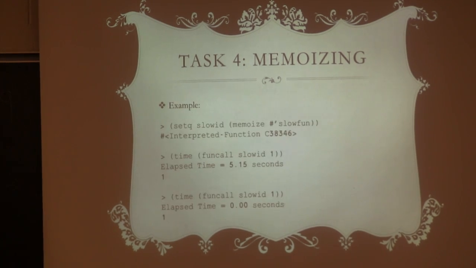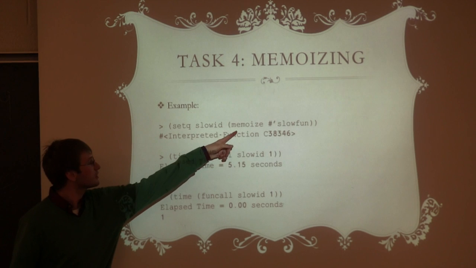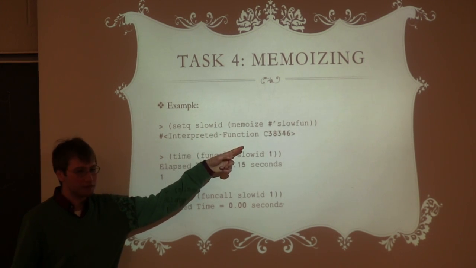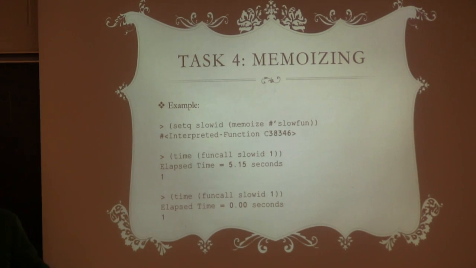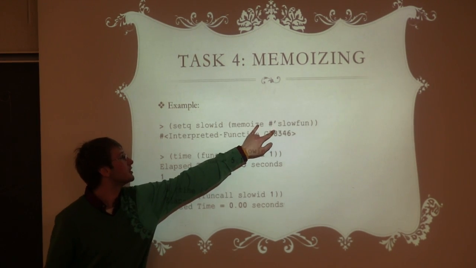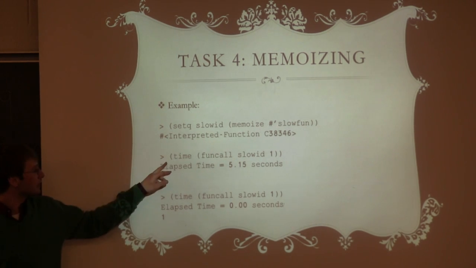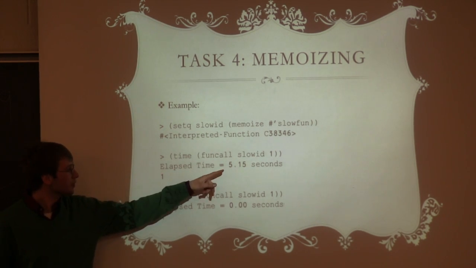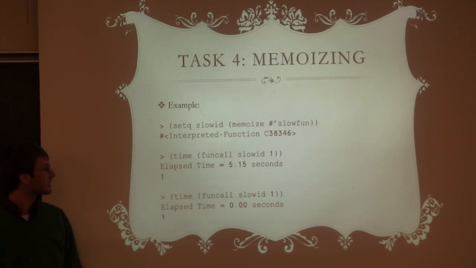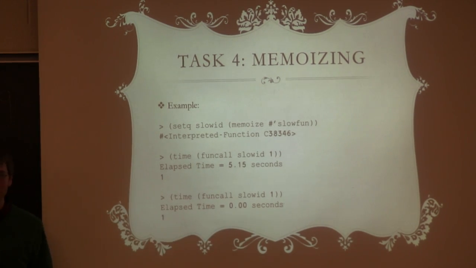Which lets us do stuff like this. We create a new function. This returns a function. We give it a function, and it returns a new function that caches the function. So we pass in a function to a function, and this function generates a new function, which you store in this variable. And we can funcall this with 1. First time, 5 seconds. Second time, 0 seconds. It just looks it up in the hash table.